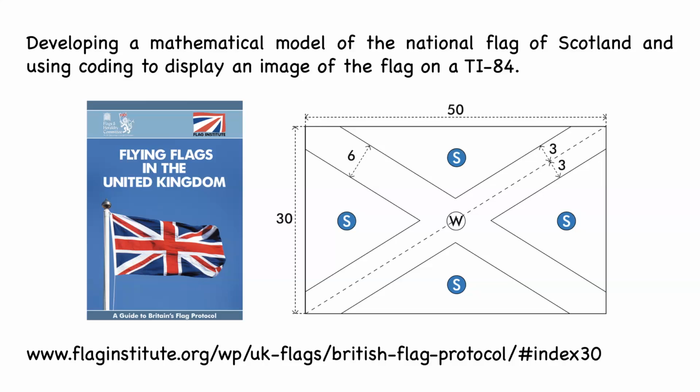I got out some paper and I put this down on a piece of paper, and this is eventually what I came up with. So I took the 50 units by 30 units. That was a choice as well. I could have used 100 by 60, but I chose 50 by 30. And I drew lines in and drew in circles. I was trying to guarantee that I had the width of that as 6 units. So the radius of the circle was 3 units.